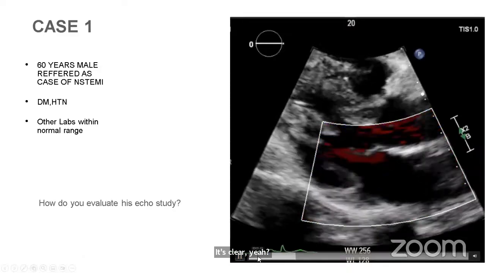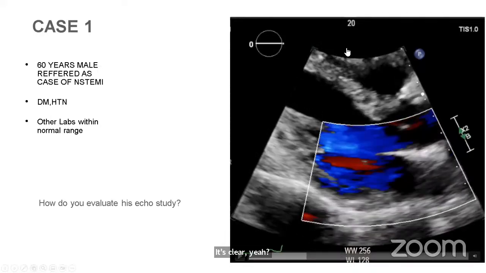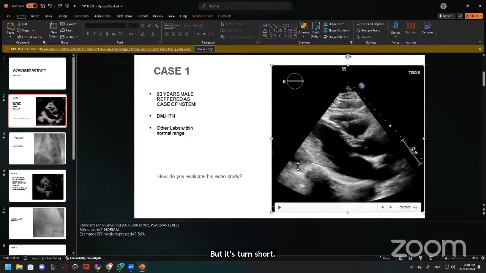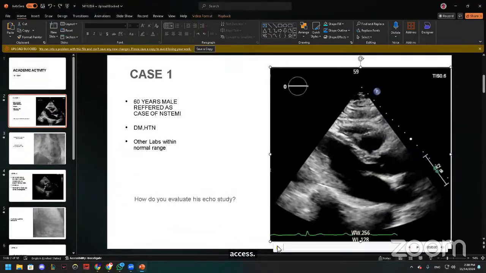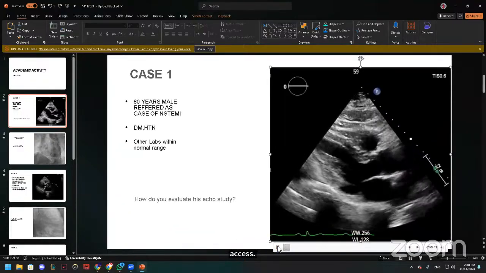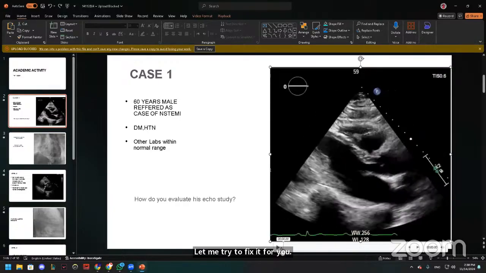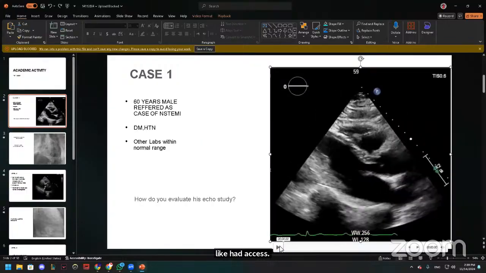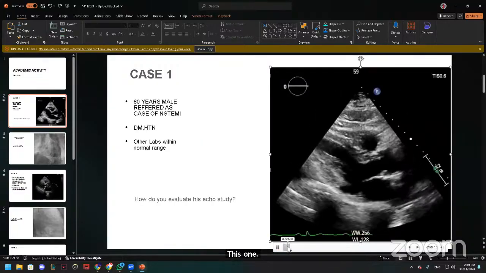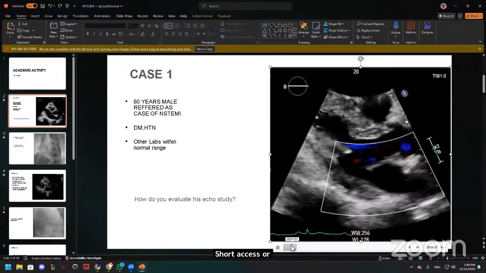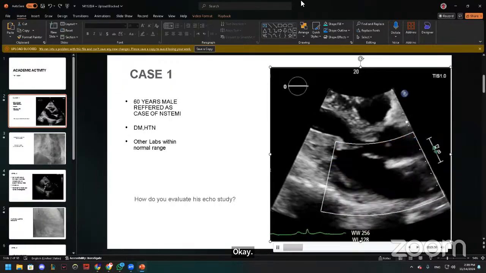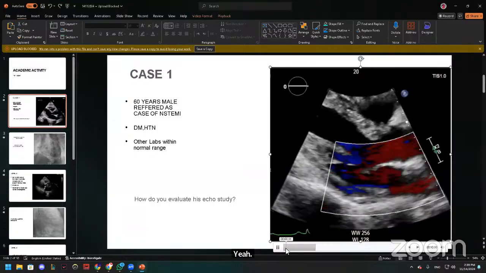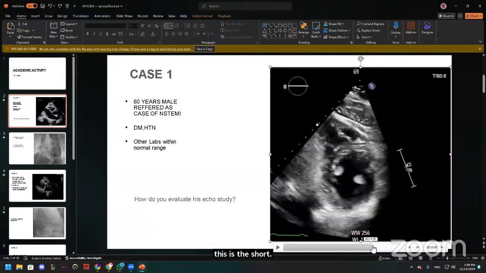Parasternal short axis. معلش. I think, let me try to fix it for you. طيب, yeah, this way is easier, no? أفضل. طيب, هذه قلتي short axis? Short axis or long axis? This is the short. مم. طيب ايش رايك في هذه؟ خليني اوريك ثاني. هذه ايش رايك؟